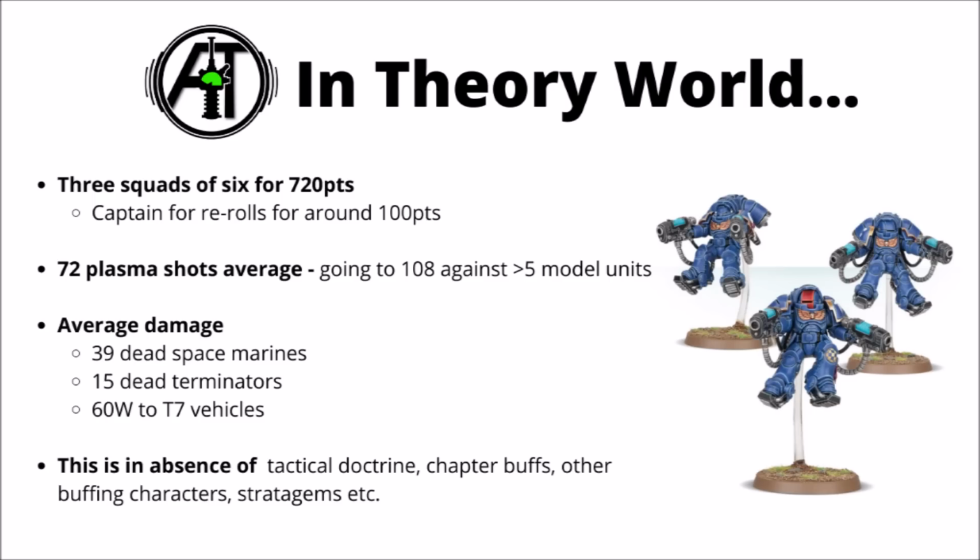That little death ball would put out around about 72 plasma shots on average, going up to a crazy 108 against units that have got more than 5 models in them. Enemy hordes really wouldn't like to be seeing that on the table. If you did get yourself an alpha strike against something that's a reasonably optimal target, that kills something like 39 dead Space Marines, 15 dead Terminators, or 60 wounds to toughness 7 vehicles, some really quite chunky numbers for an alpha strike there,